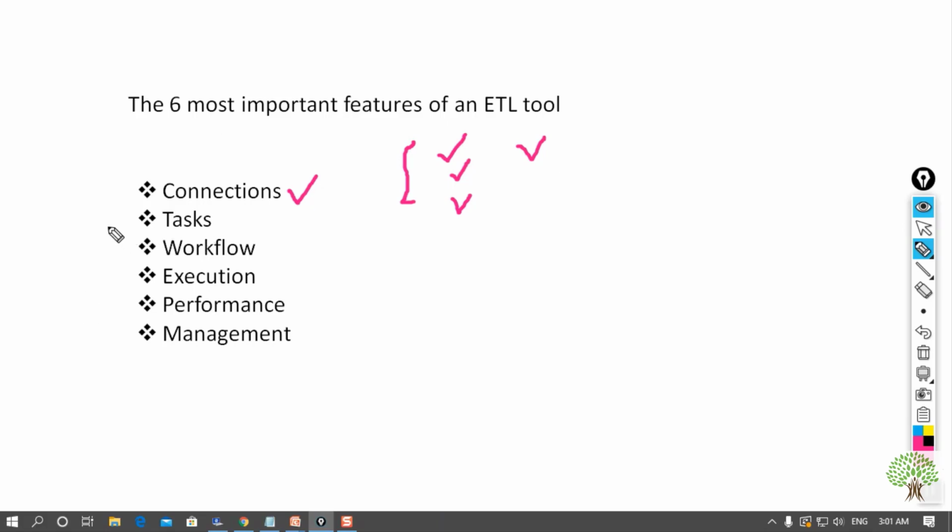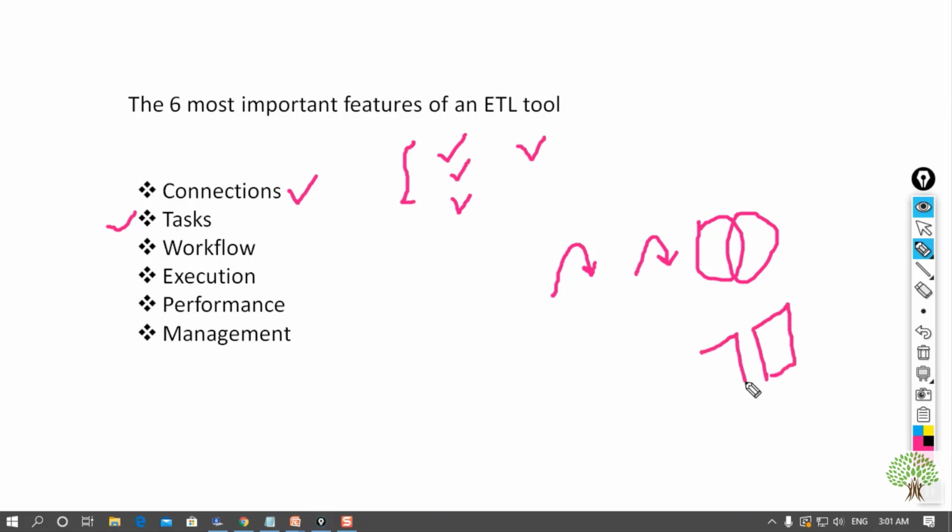The second most important feature is the richness of the transformations to do day-to-day tasks such as data conversion. If you want to convert the data, perform expression transformations, perform joins, split the data of a single table into two tables, filter the data, or rank the data. All of these ETL tools can do some of these tasks, but some are much better than others.